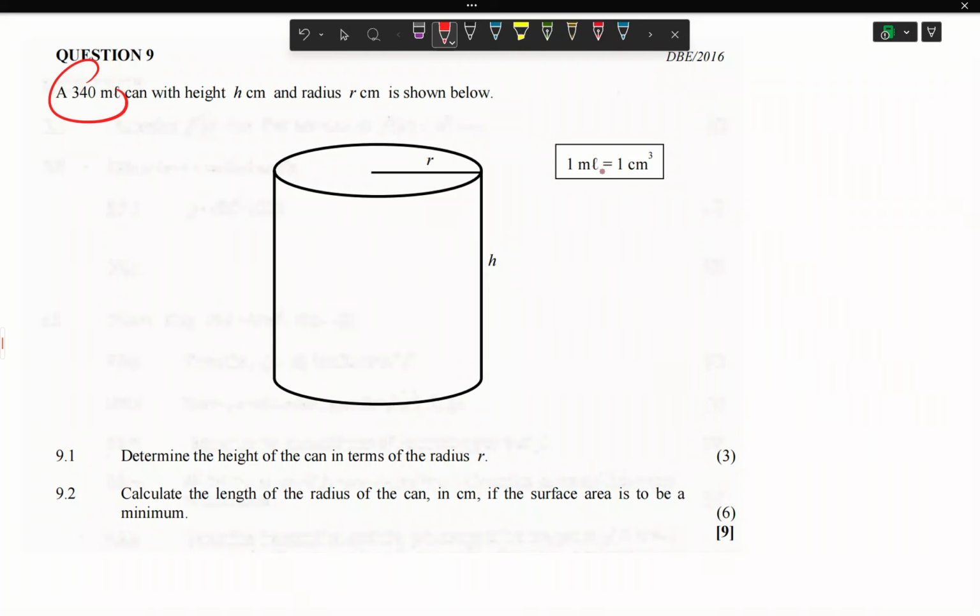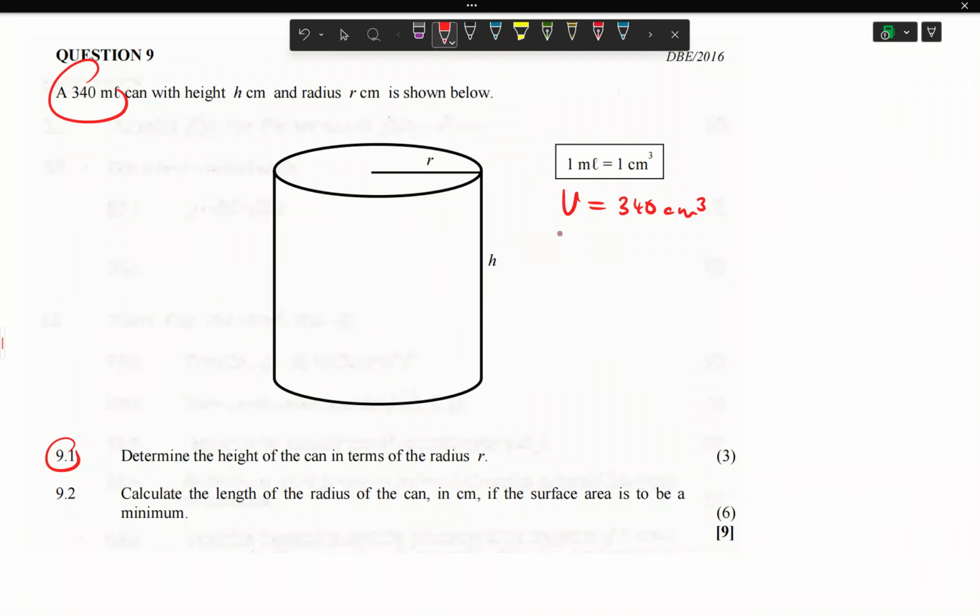Remember, they say that 1 milliliter is equal to 1 centimeter cubed. So now the volume is 340 cubic centimeters. So now 9.16, we have to determine the height of the can in terms of